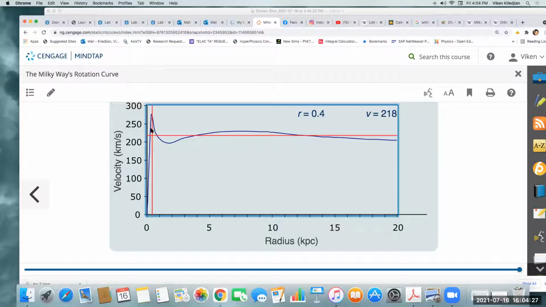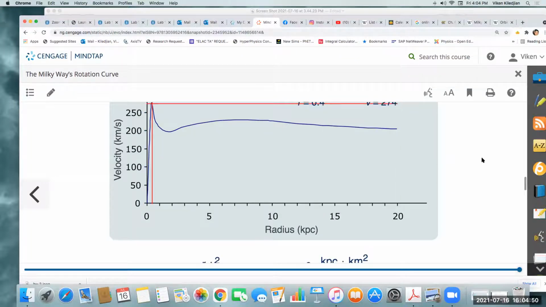You see how it linearly increases? It doesn't go to 0.3, but you can kind of see that it's close to, it actually looks like it's even bigger than 259. It says something like 274 there. Okay, so then